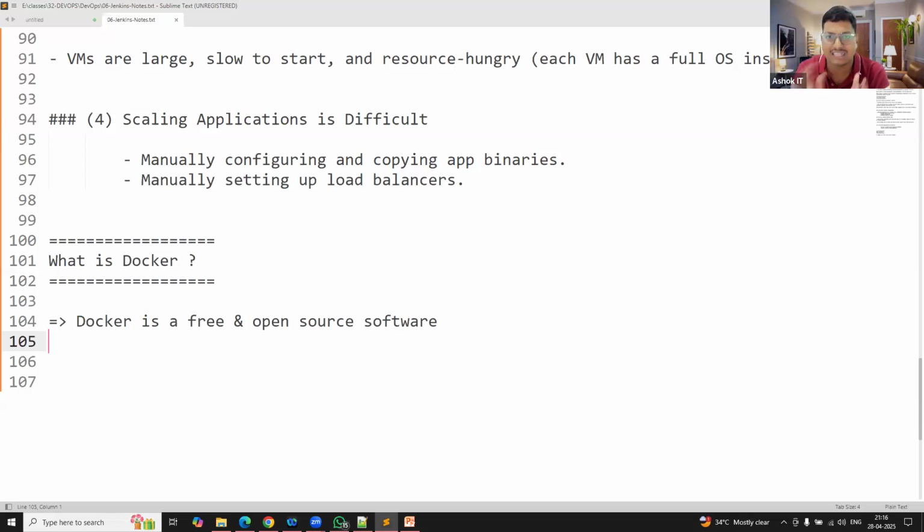Life with Docker. Life without Docker we have seen. Manually you need to do everything. Manually you need to install the software. You need to set up virtual machines to run your application on multiple servers. Scaling is difficult. The installation process is difficult. The same work you need to do again and again. And there is a chance of making mistakes also. Then how can we avoid all these challenges? How is Docker going to help us? What is Docker? How will our life be with Docker? So now let's understand what Docker is.